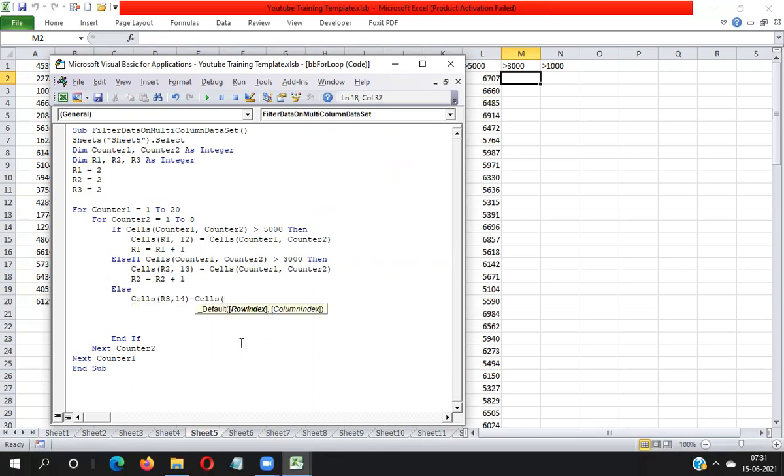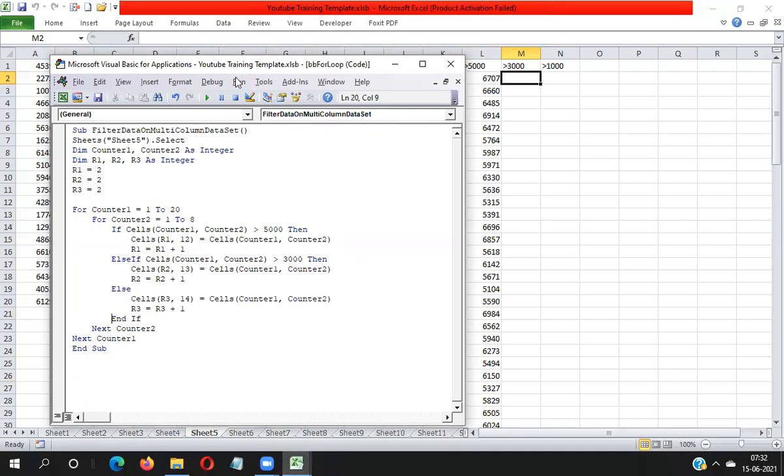Cells counter 1 comma counter 2. R3 equal to R3 plus 1. Yeah, this is the code. Now I'm running this code.